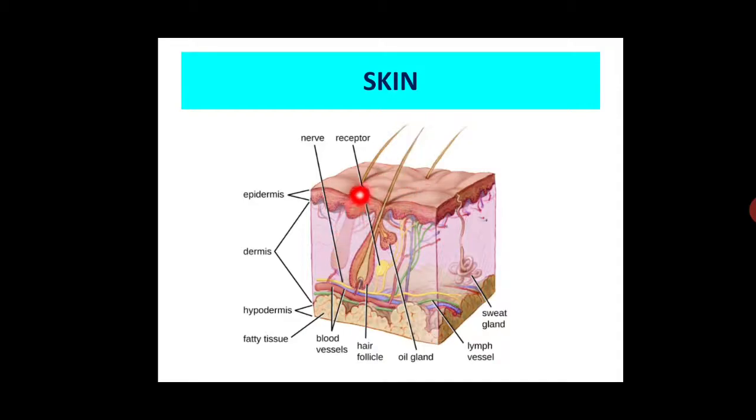Breaks in the skin due to scratches, wounds, or abrasions may lead to the entry of pathogens inside the epidermis. Then, cutaneous associated lymphoid tissues become active and combat pathogens. Cutaneous associated lymphoid tissues were already mentioned in a previous video, the link of which is given in the description box.